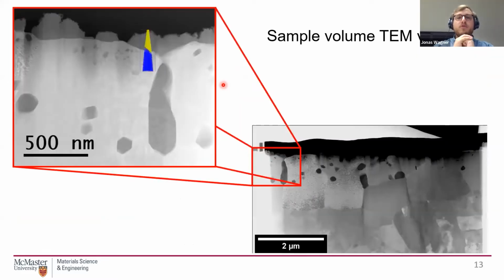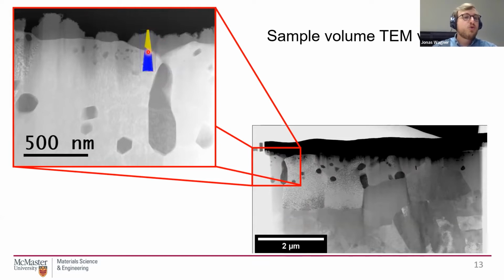I mentioned before that the analysis volume we can pick our size from is much larger. So I tried to compare APT to TEM. That is roughly to scale, right? The width of the sample we can analyze in TEM, we can get something 5-6 microns here. And if you look here at our reconstructed atom probe volume, this is really wider than 100, maybe 150 nanometers.